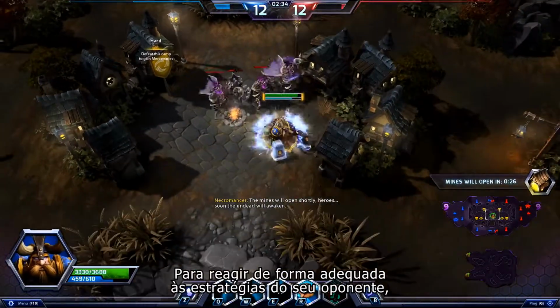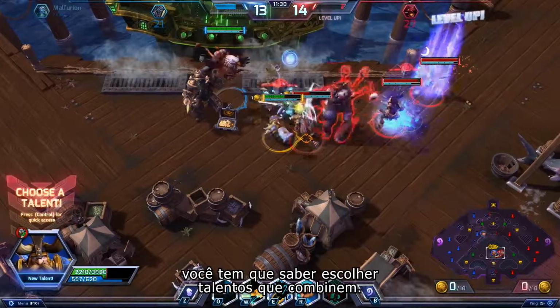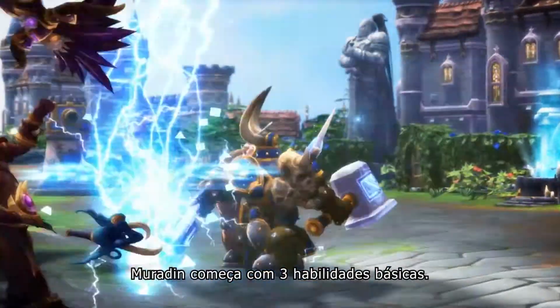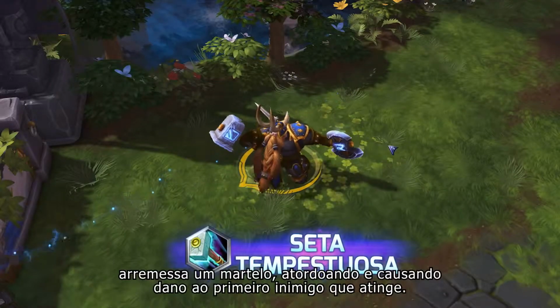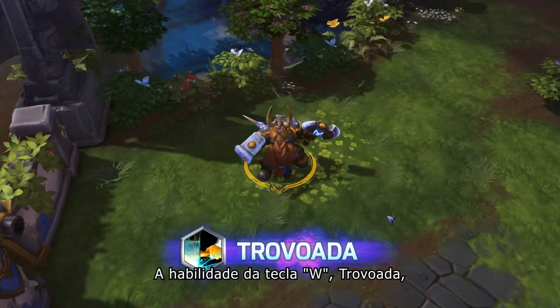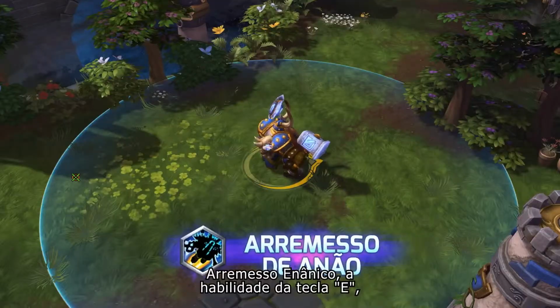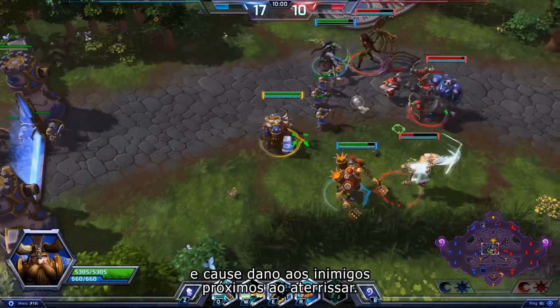To appropriately react to your opponent's strategies, you must know how to choose talents that synergize together. Let's take Muradin, for example. Muradin starts with 3 core abilities. His Q ability, Stormbolt, throws a hammer, stunning and damaging the first enemy it hits. His W ability, Thunderclap, slows and damages nearby enemies. Dwarf Toss, his E ability, causes Muradin to leap to a target area, dealing damage to nearby enemies when he